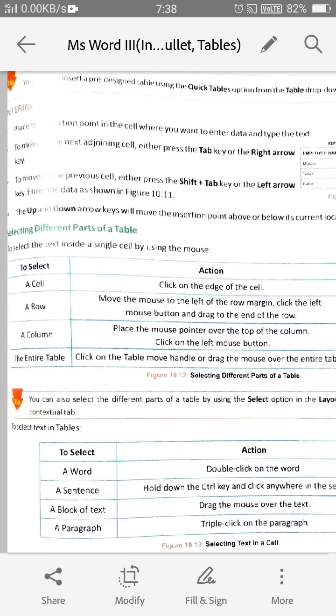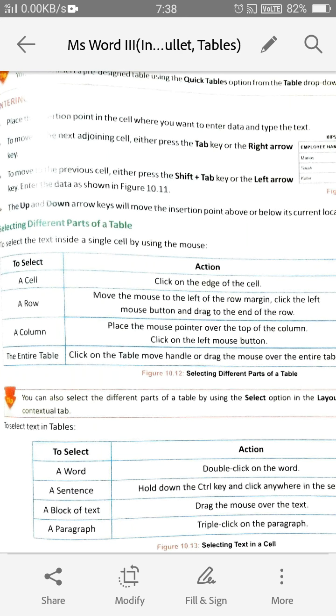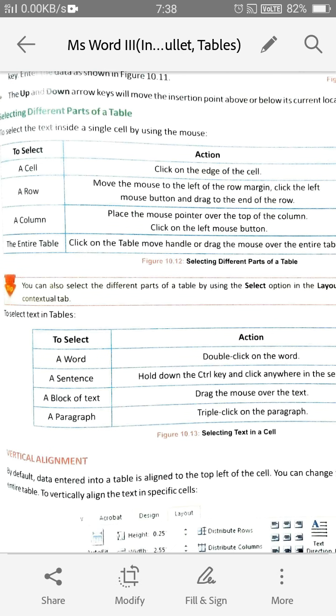If you want to select a row, go to the beginning of the row, on the left-hand side, and click on the row. If you want to select a column, place the mouse pointer over the top of the column and left click the mouse. This is for selecting rows and columns.